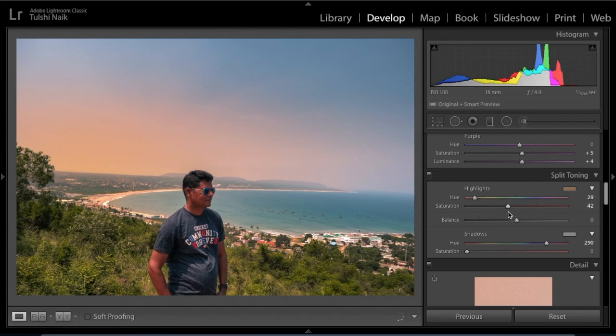And I'm happy here. Same thing with the shadow. You can go all the way crazy and then reduce till you find the right balance.